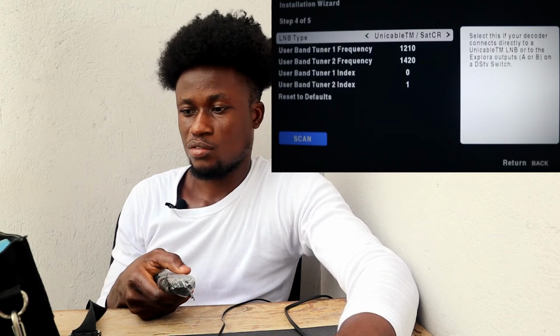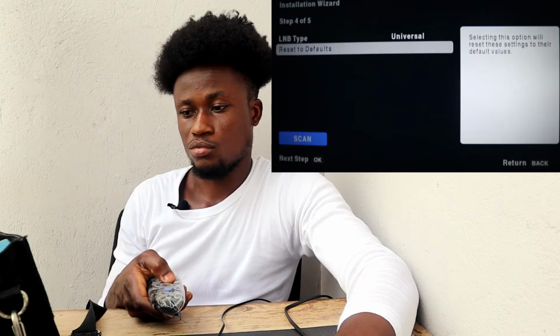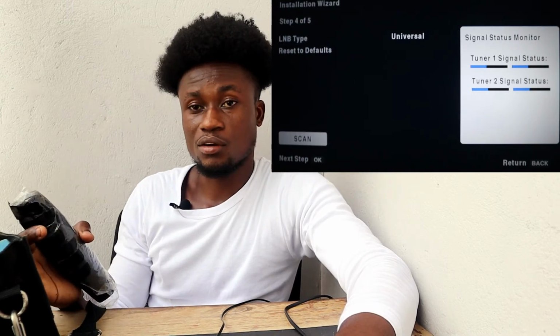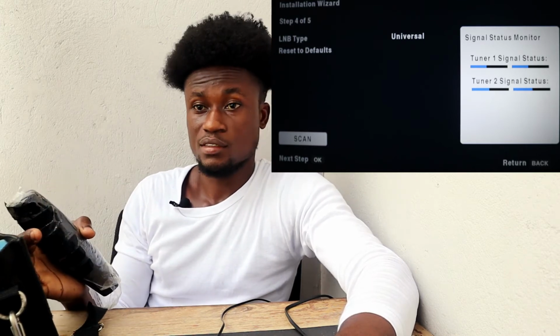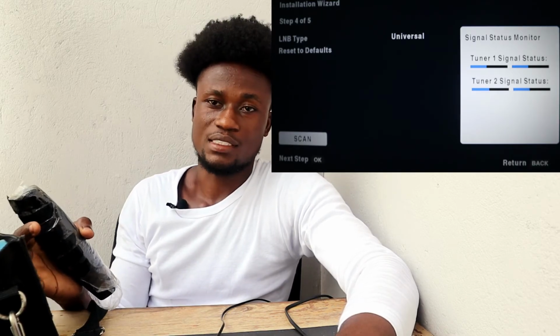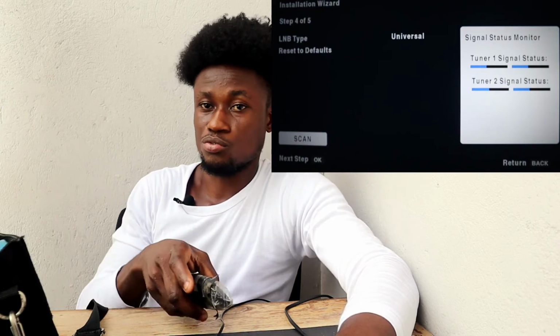Okay, so after selecting your LNB type universal, come down to the scan option. Here you have to make sure that the signal strength and the signal quality have filled up, indicating that there is a signal over there. So when you reach here and nothing has filled up over here, meaning you are not getting the signal from the satellite dish, the next thing that you should do